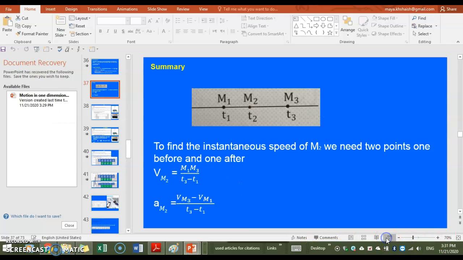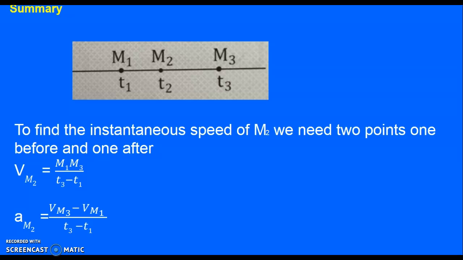In this video, we are going to summarize the formula for instantaneous speed and acceleration. This is a recording of a moving puck, positions M1, M2, M3 at instants T1, T2, and T3 respectively. To find the instantaneous speed of M2, we need 2 points, one before and one after. So the speed at position M2 is the distance M1M3, a point before and a point after, over T3